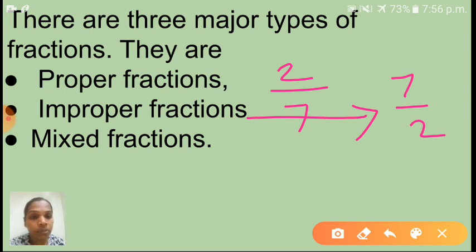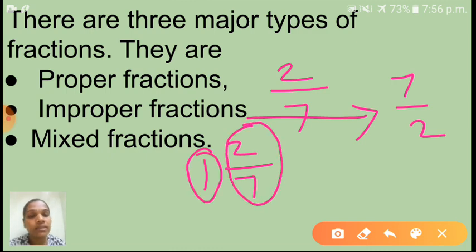Next one is what is meant by mixed fractions. Mixed fractions are mixed numbers. It means a whole part and a fractional part. I will give you an example here: 1 2/7. This is an example of mixed fractions. Children, here 1 is the whole part and this 2/7 is the fractional part. So mixed fractions means whole part and fractional part. That is called what? Mixed fractions. So I hope you understood now the types of fractions and how they look. Isn't it children? Shall I go to the next one now?